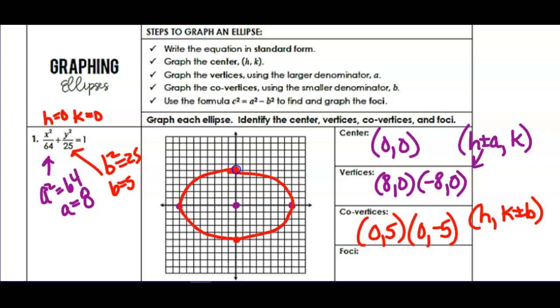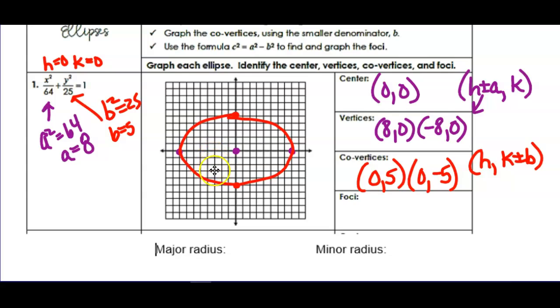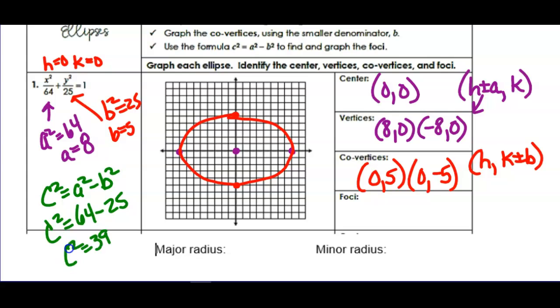And mine always look like an egg or something. And then we have to find the focal point, because that's the other thing you have to label. The focus point is on the major axis. So in this particular problem, it's on the x-axis. And to find C, remember C squared equals A squared minus B squared. Well, A was 8, so A squared was 64. B was 5, so B squared was 25. If you subtract those, you get what? 39. So the square root of 39